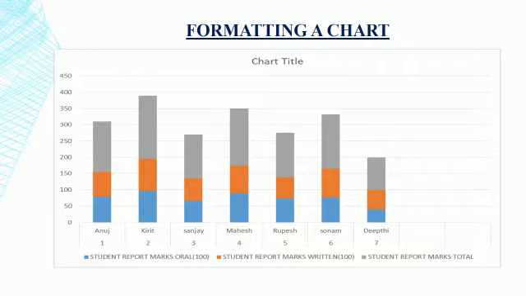Formatting a chart. Formatting improves the appearance of a chart. You can format the chart by changing its title text, font, line color, width, border style, etc. You can also change the number of values in the axis, hide or show grid lines. You can format the chart in various ways. So children, let us observe how to format a chart.